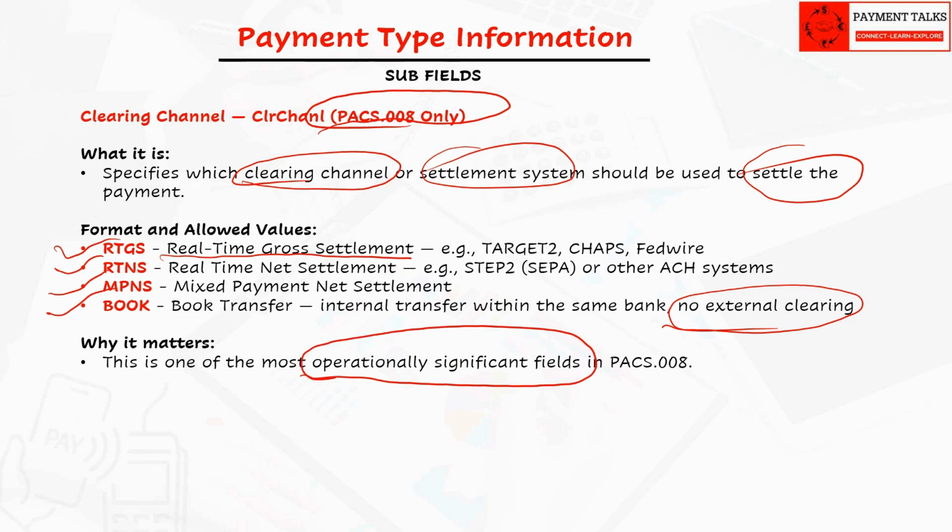The clearing channel tells the receiving correspondent bank and the creditor agent exactly which rail this payment is riding on, which in turn drives liquidity management, settlement timing expectations, and reconciliation. For example, an RTGS payment settles individually and in real time. A RTNS payment is netted with others and settled at defined intervals. Getting this wrong in a payment engine can result in a payment waiting in the wrong queue or being rejected entirely. There is no MT equivalent, and this field is an ISO